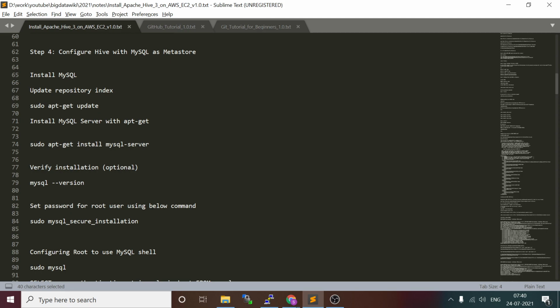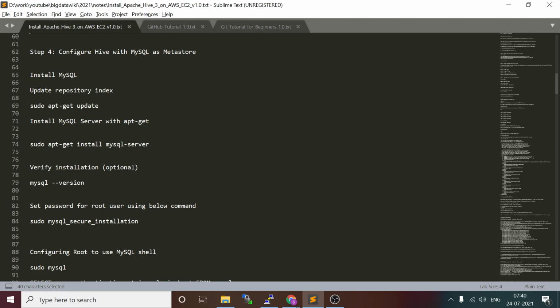It's okay for just trying out, but when you go to production or any development environment, that is not sufficient, because it's only a single-instance embedded database system. So we are going to use MySQL instead of Derby as the metastore.